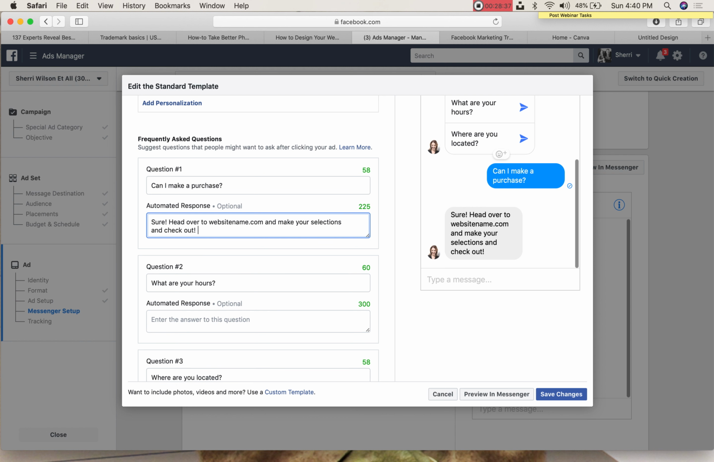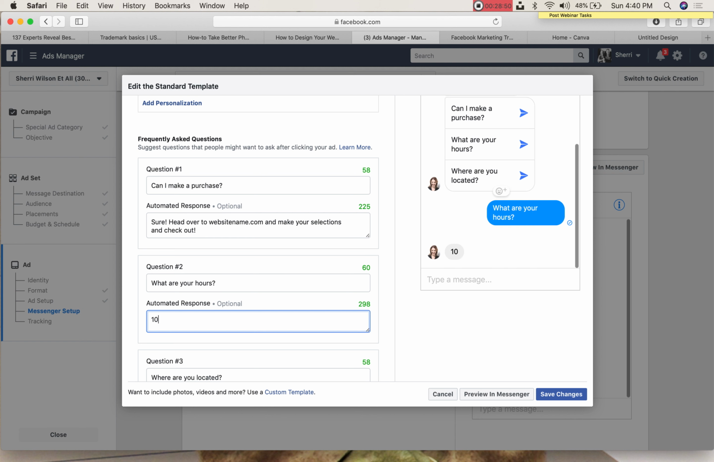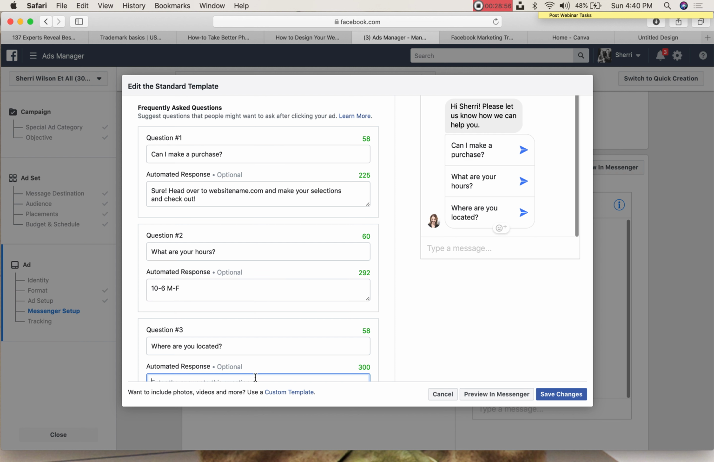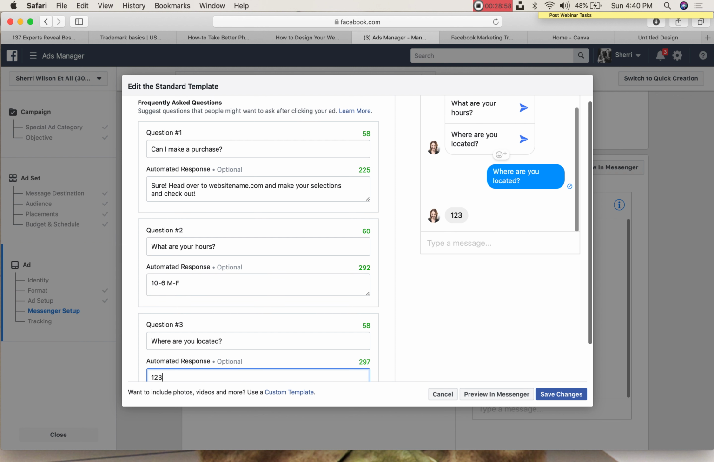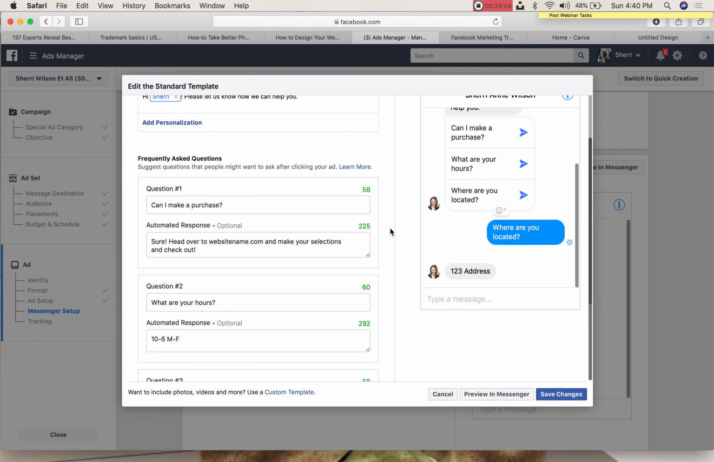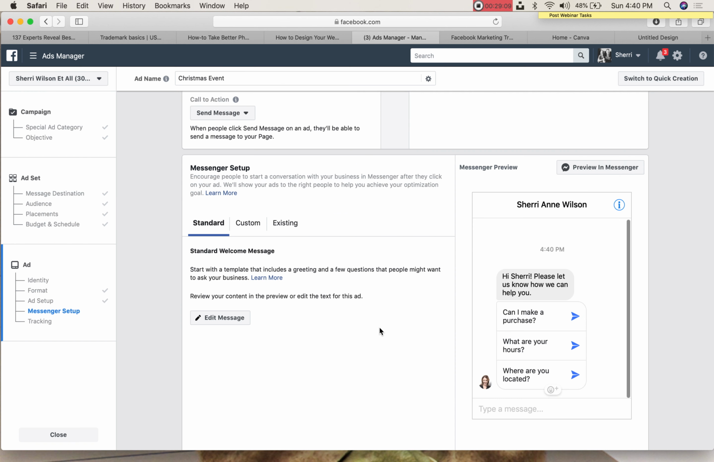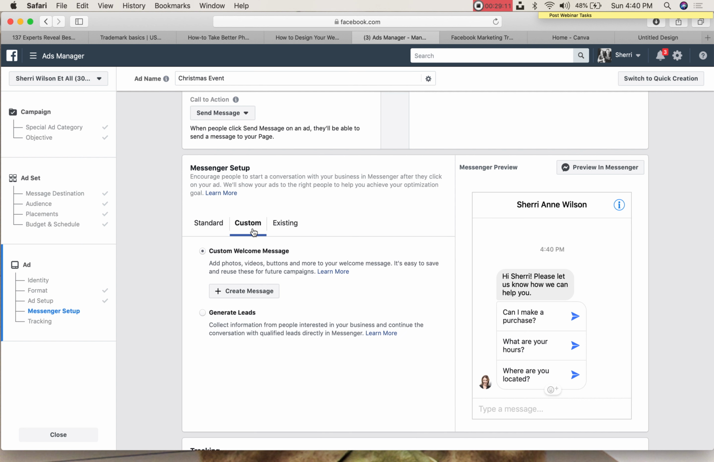Or if you don't have a website, you could say something like, give us a call of what you are looking for, and we will send you a snapshot of those using text, etc., or call us, or whatever you want. You can say your hours are 10 to 6, Monday through Friday. Where are you located? And then give the address. Okay, so those are some things where if they contact you right off the bat, they will get a message. So you can click Save Changes. You can also do a custom one if you want, but remember it's only 150